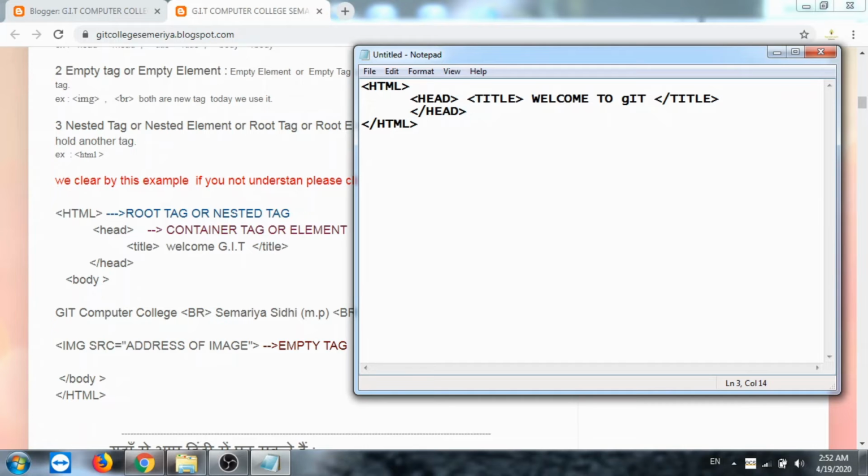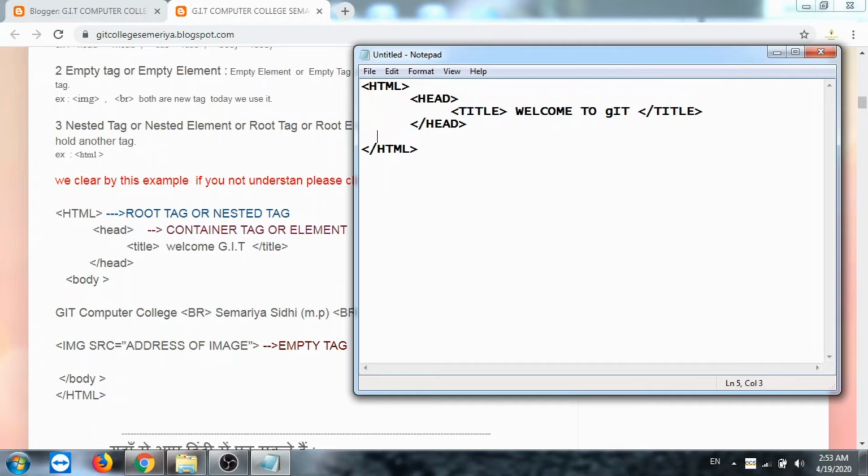Write it in the correct manner, otherwise you will face some problem when you run your file.